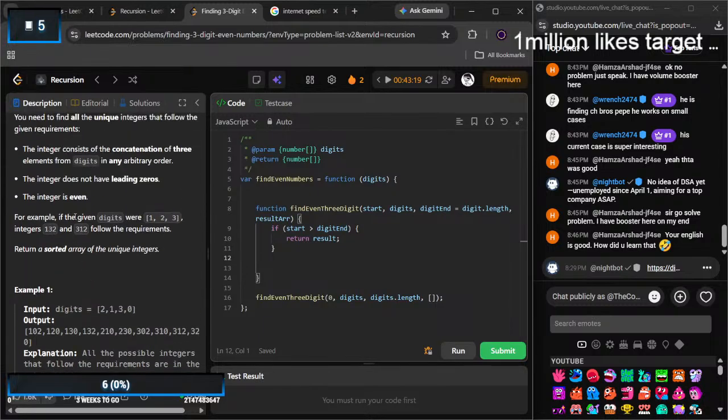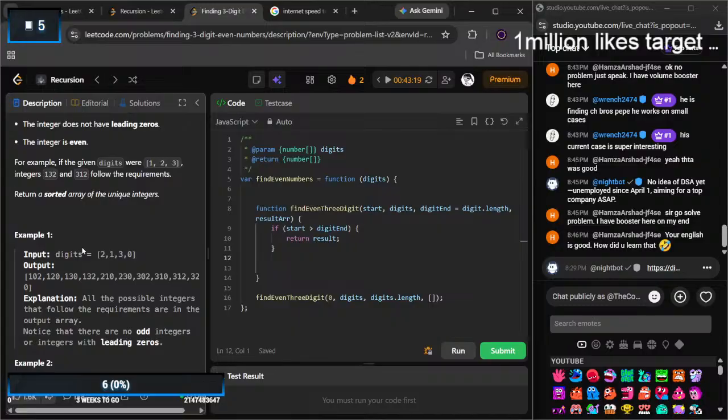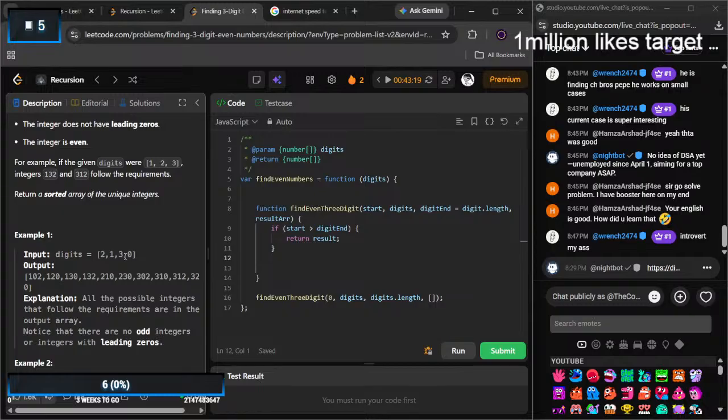And for example, given digits 1, 2, 3. Now I need to take permutations of this thing. I don't even know how to do